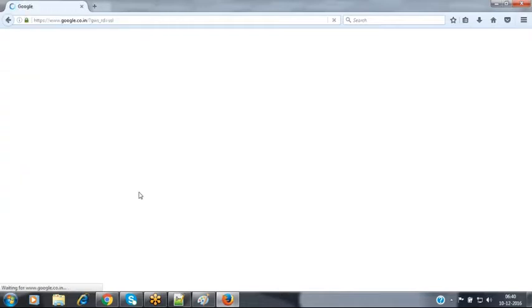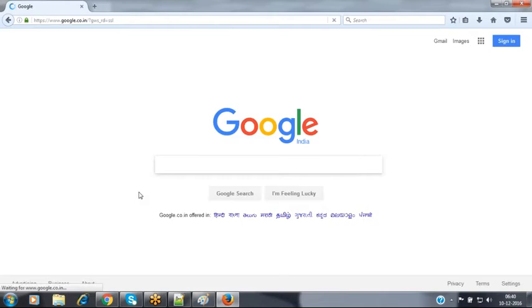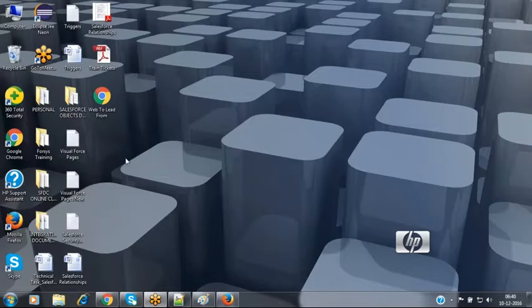As soon as you click on submit query, all the details will be forwarded to the Salesforce server. Now it is going to redirect the user to that Google page here. Whatever web page you have specified as a return URL, it is going to redirect the user to that URL by default. Now, I want to cross-check with these details whether my lead record has been created or not.